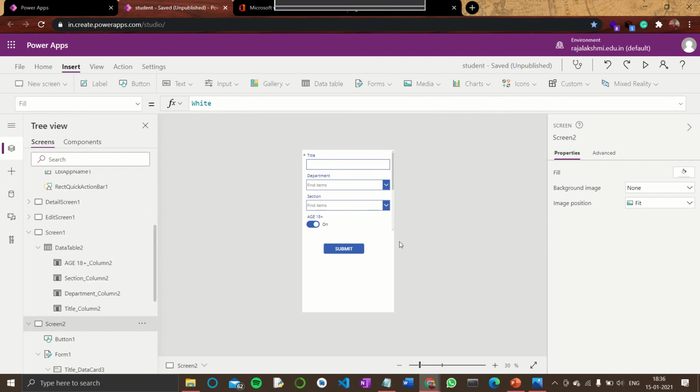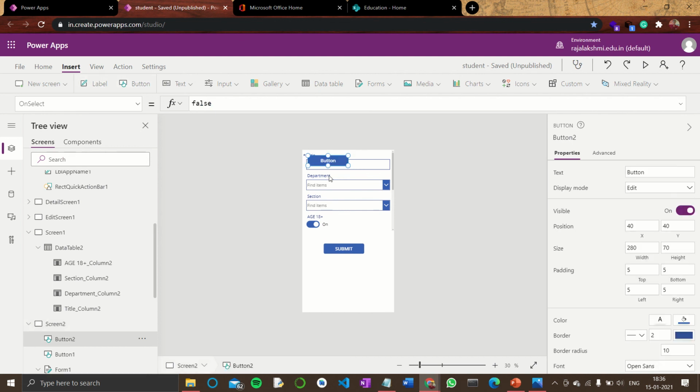Now in case the user gives a wrong entry to the form and has to erase it, you just give a button. Place it here. Give the name Refresh.